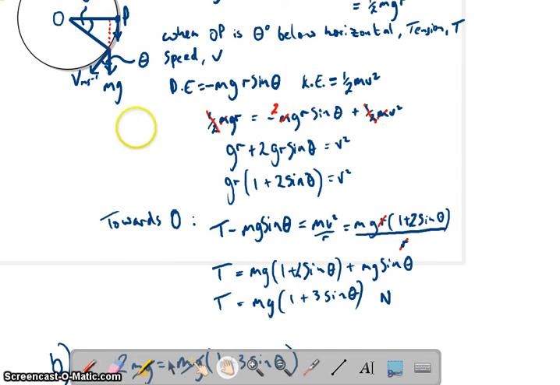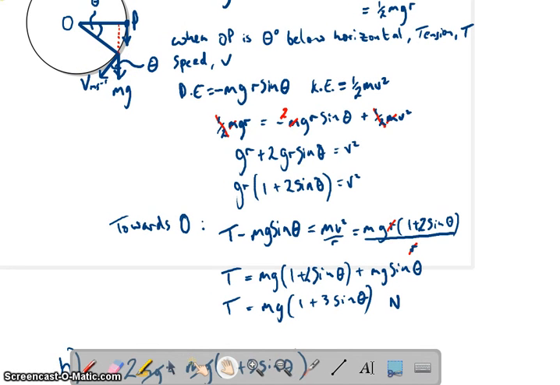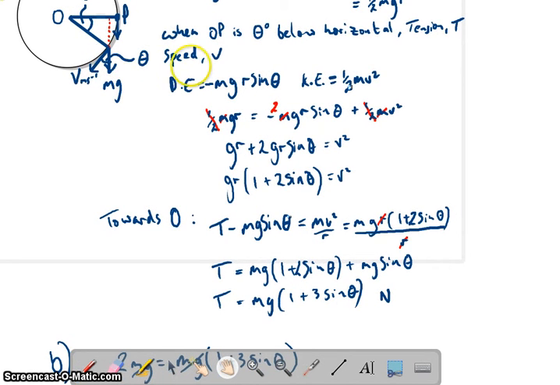Okay, so similar to the original question we did, the first easy example, we've got tension in this direction. Okay, so tension's in this direction, take away a weight component in this direction is equal to the centripetal force. Okay? Or the other way to look at it is tension, which is in this component, is equal to the component of weight that's going in this direction and the centripetal force, which is obviously trying to move in this direction, so the tension has to go in the opposite direction to the momentum, if you like, of the